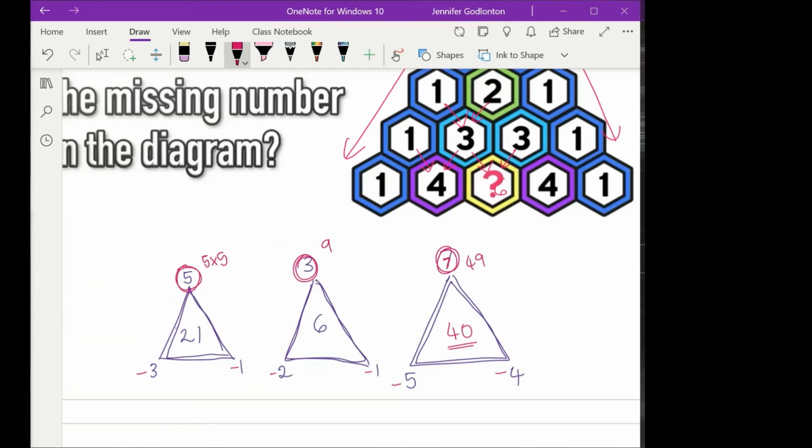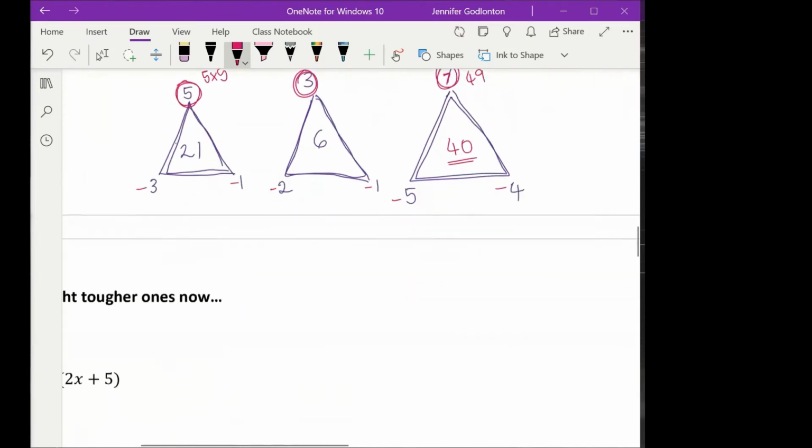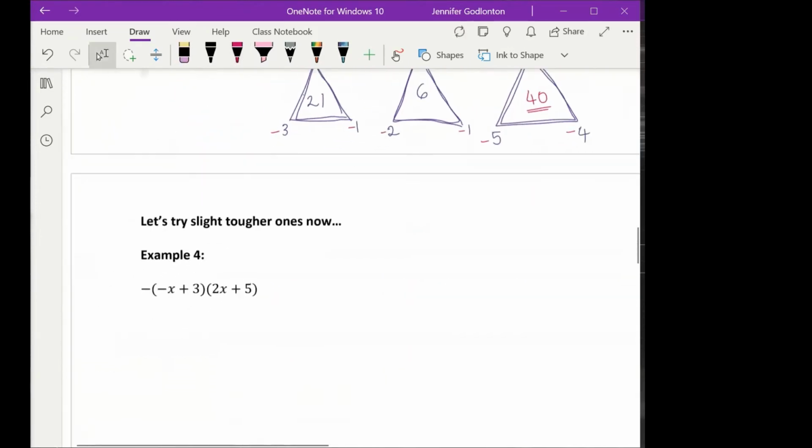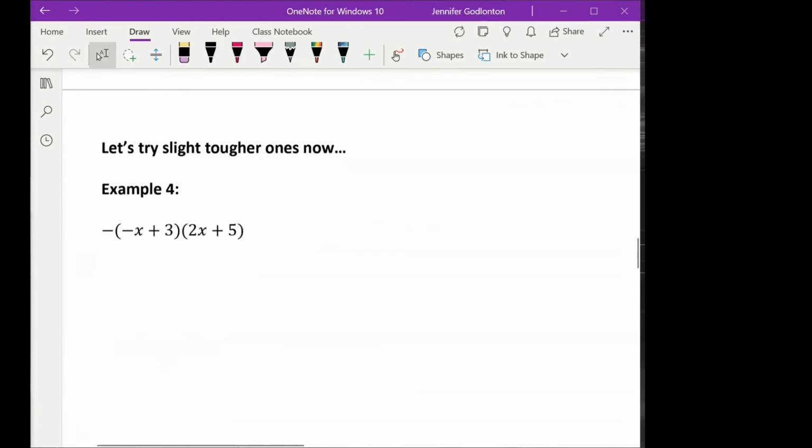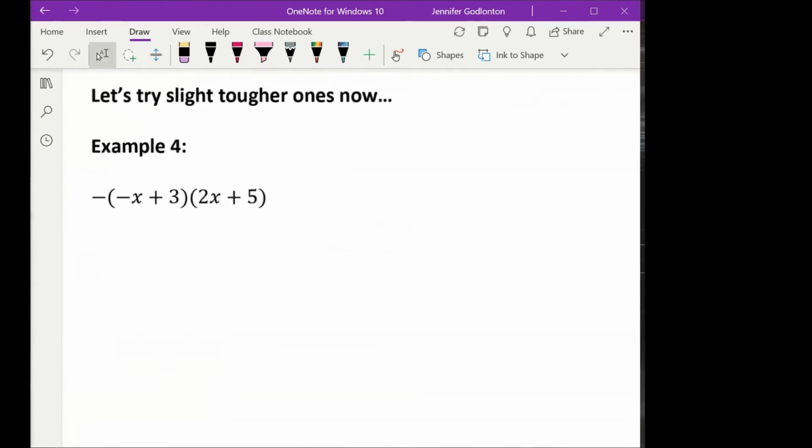Well done for those who got it right. Lolita was our only winner, I think, there. And Roman, our first question. So now I showed you how to do this with a 2 on the outside. And now instead of a 2 on the outside, I've just put a -1. So what I'd like you to do is, because I've just showed you how to do questions like this, I